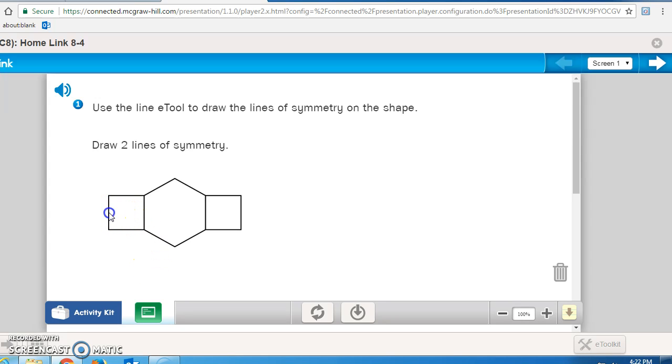Of course, the first one you're going to want to go is to go horizontally, because then the top will definitely lay across the bottom. And now the next easiest one is to go vertically right down the middle, and you'll notice that the sides match up perfectly. Finish Math